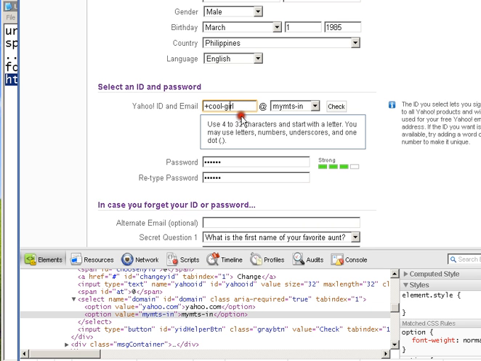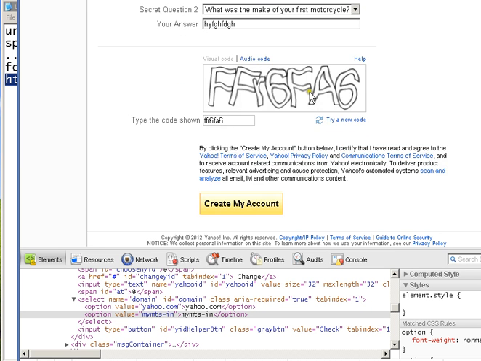I put in dots here, dots there. Oh wait, no double dots. That's there, there. And go school girl. Now scroll to the captcha, create my account.